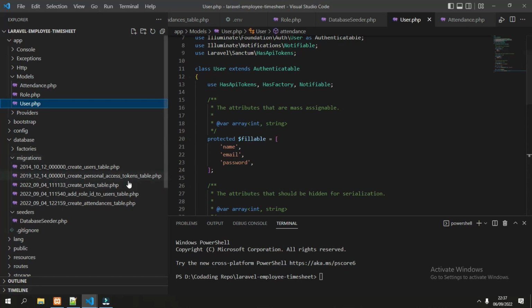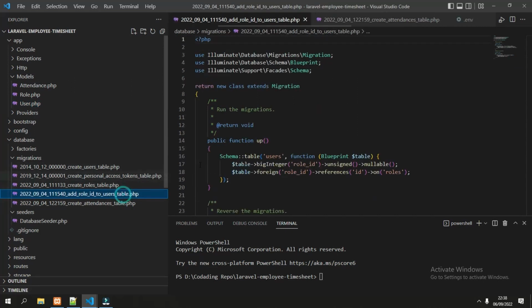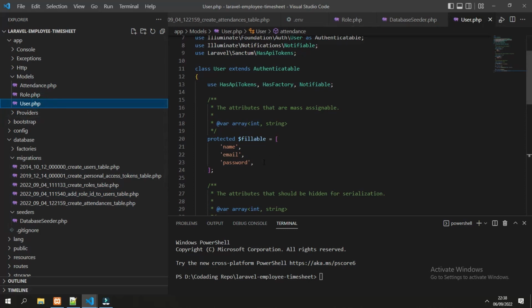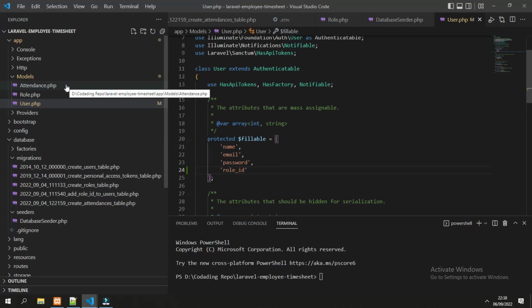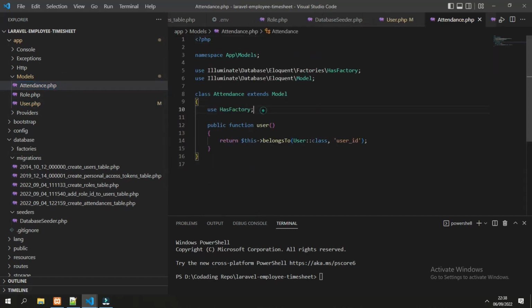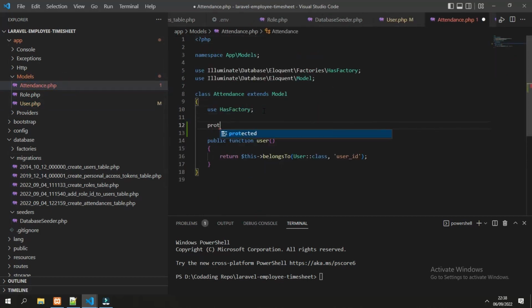For example, in the user table we add the role ID parameter, so now we should add that variable to this fillable array. So let's fill that up, role ID, and it's the same with the attendance, so we should create one for attendance too with the protected fillable.